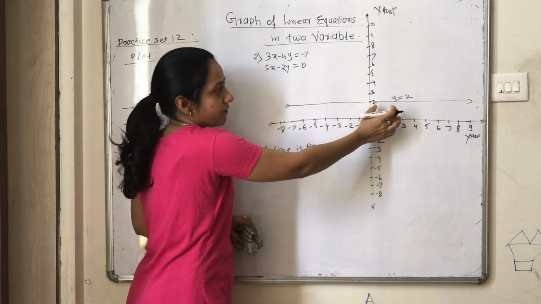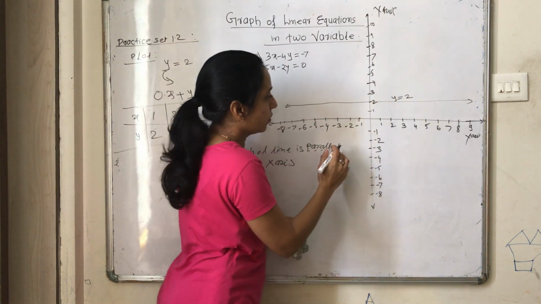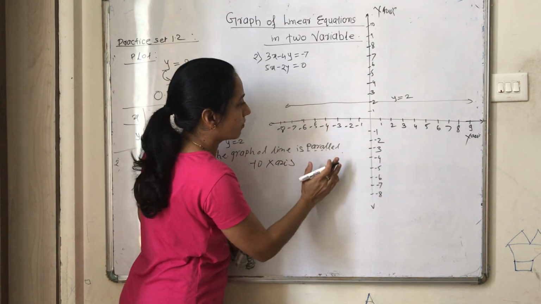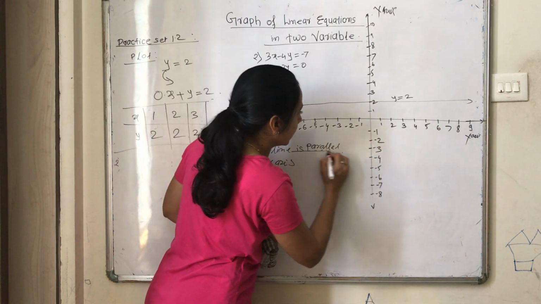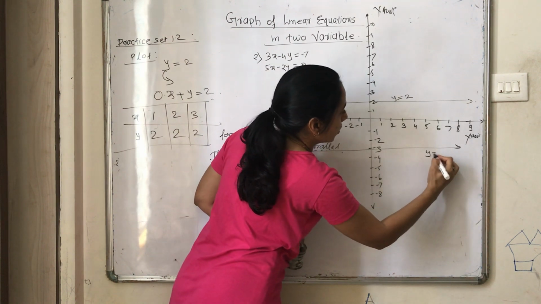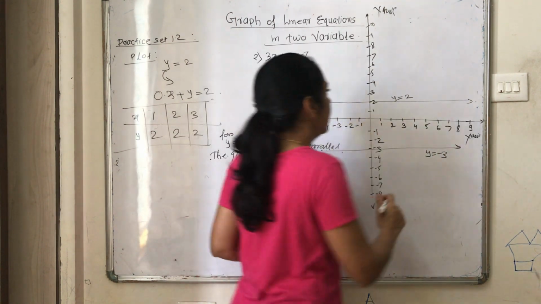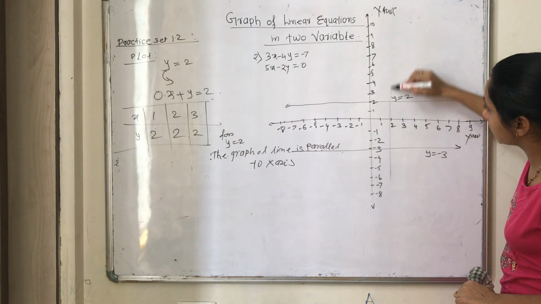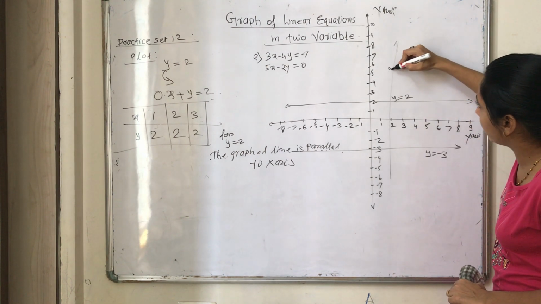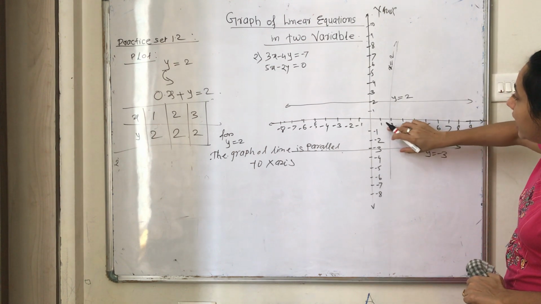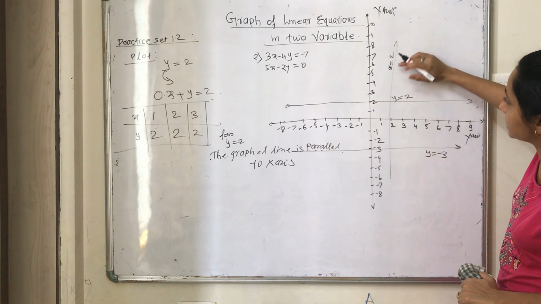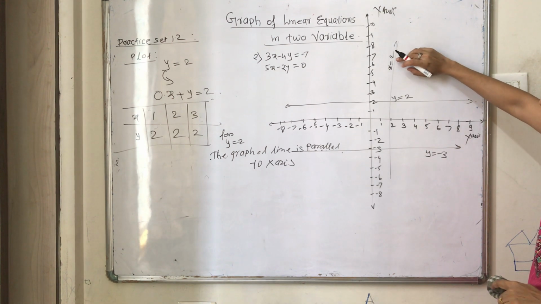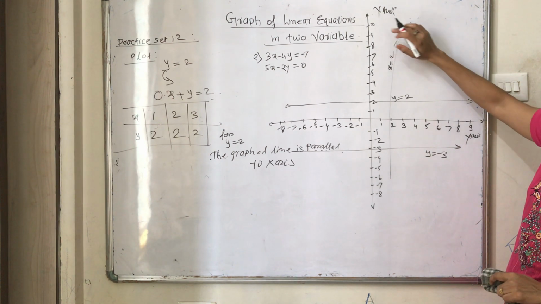Similarly, whose graph is this? This is for y equal to 2. Okay. Then y equal to minus 3. If I ask you to plot the graph for y is equal to minus 3, where will it be? This is the graph for y equal to minus 3. Similarly, if I have to find out for x is equal to 2, this is for x is equal to 2. For any value of y, I will get x as 2. Now the graph of x is equal to 2 is parallel to the y axis, right?